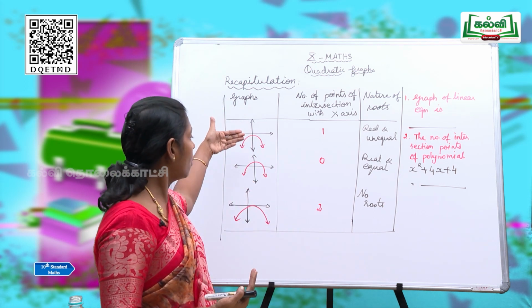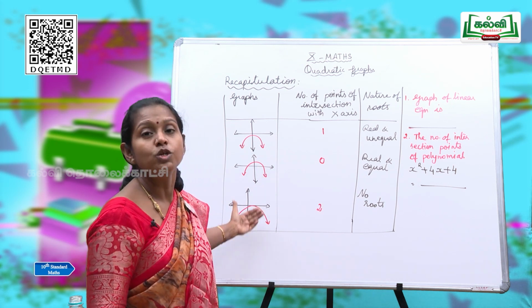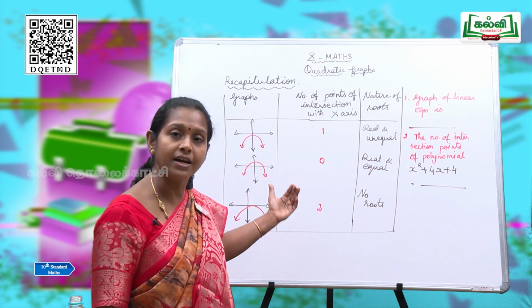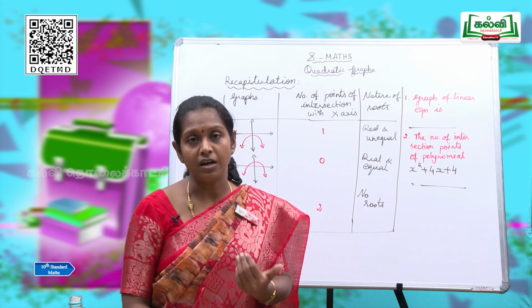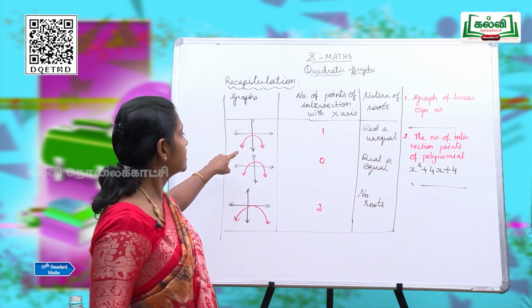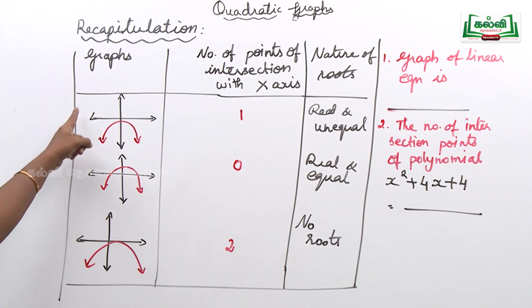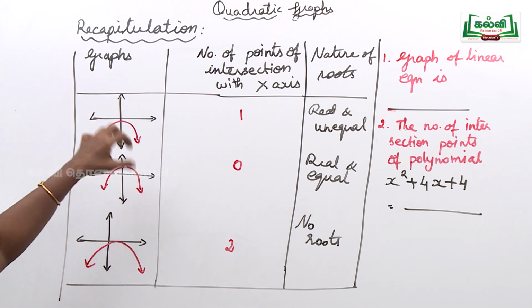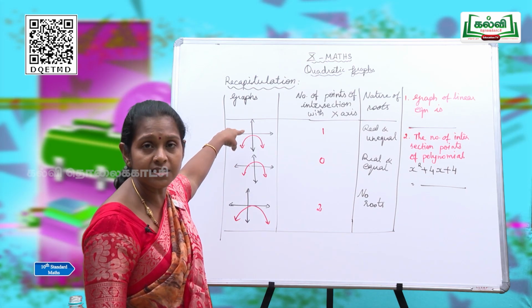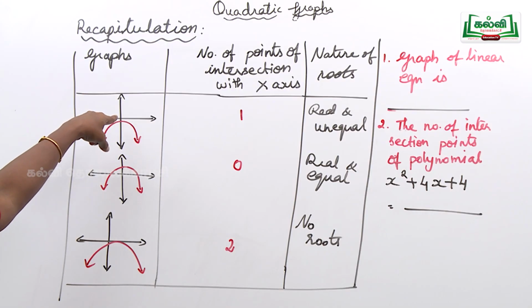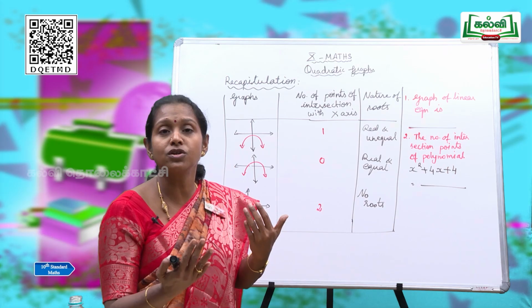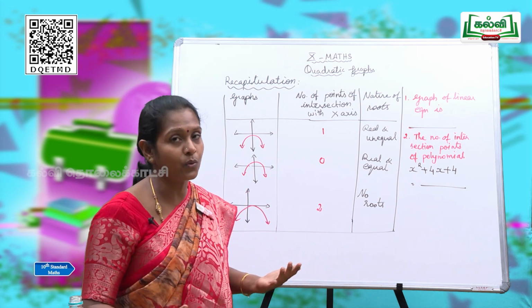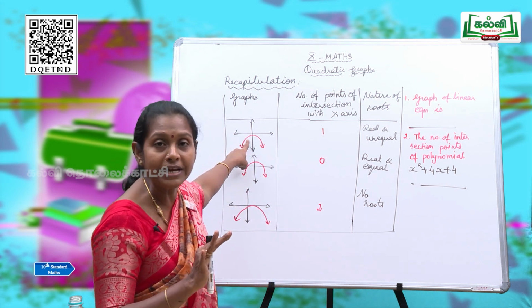Now, see this. All curves are downwards. From this also you can easily identify how many intersection points there are with the x-axis and what the nature of the roots is. Now listen. See the first picture. The curve is opening downwards. Is it touching or intersecting the x-axis anywhere? No. Then how many intersection points will be there in this graph? There are no points because it is not touching the x-axis anywhere. So there is no intersection point.